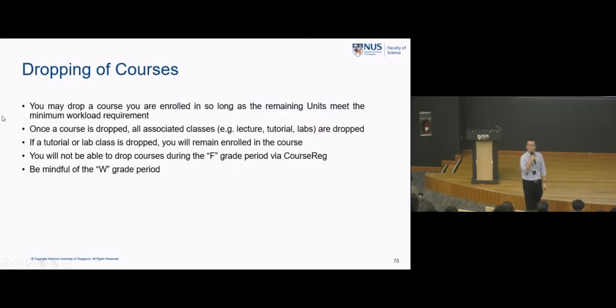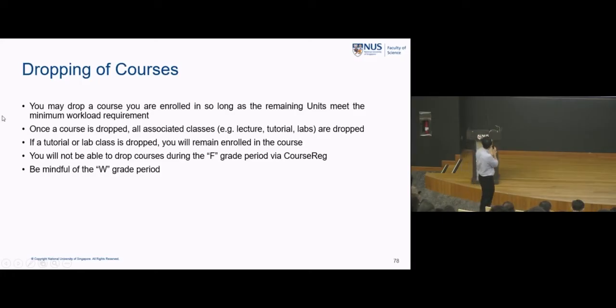Okay, so people change their mind, right? After being successful, they attend a few weeks of classes and then realize, I can't stand this. It's not really what I thought it was. I want to drop this course. I already registered for 6 courses, dropping it down to 5 courses is still fine. Yes, you can do that, as long as after dropping it, the remaining units still fulfill the minimum workload requirement, which is 18 units, remember?